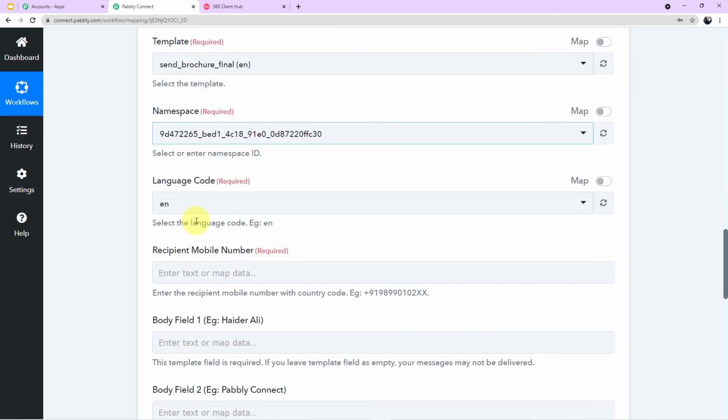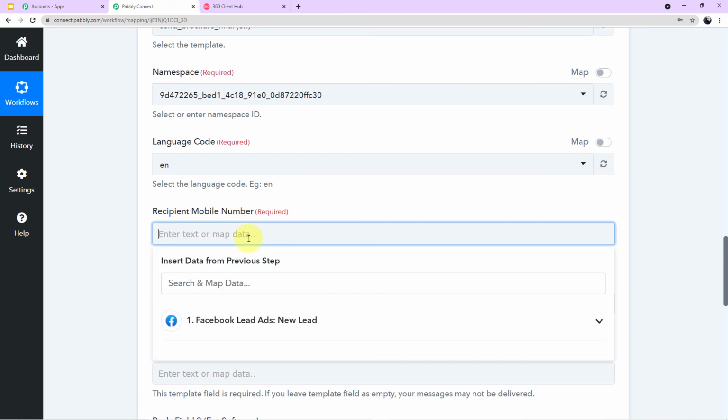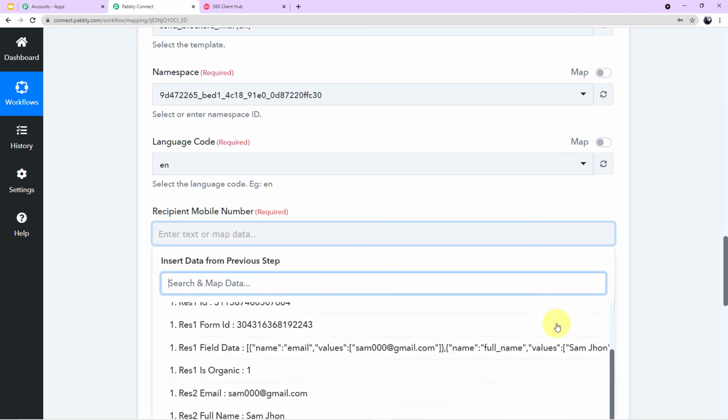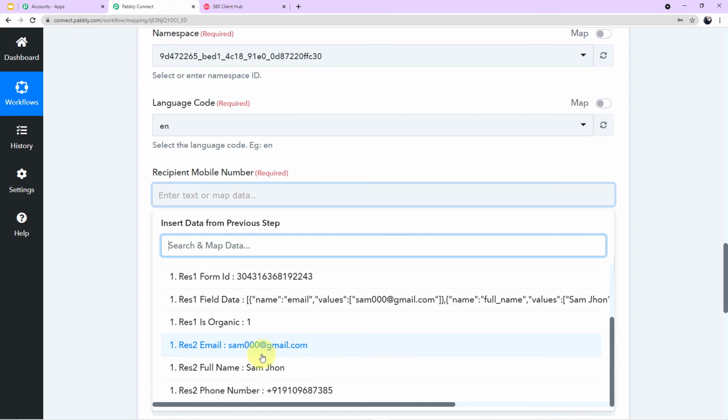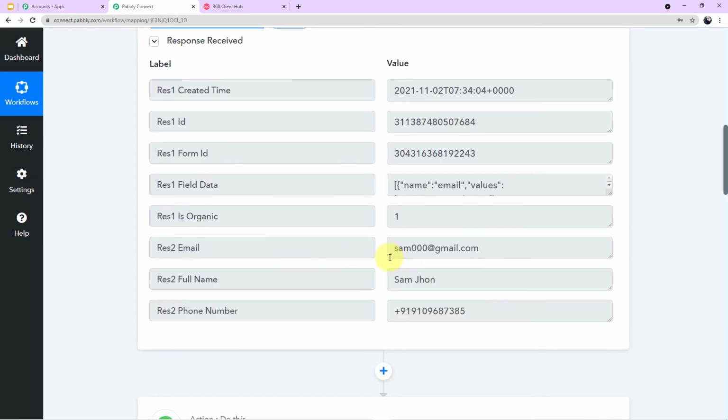Now come to your next field, which is recipient mobile number. Okay. We have to map the mobile number of our customer. So guys, let me tell you one more thing. What is mapping data? If you click this field, a scroll down will appear in front of you. Now, if you click this responses scroll down, you can see all the responses here. These responses are the same responses which we have captured above here in Pabbly Connect. Okay.